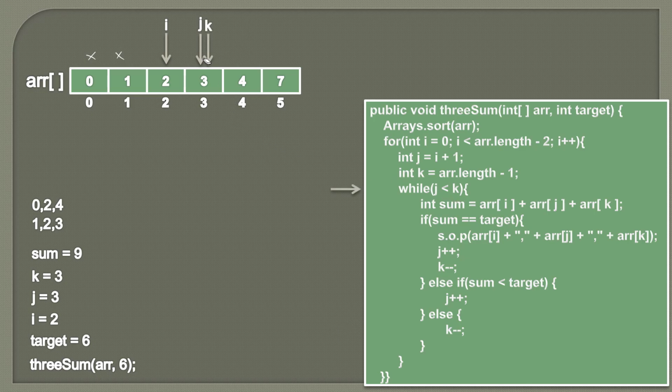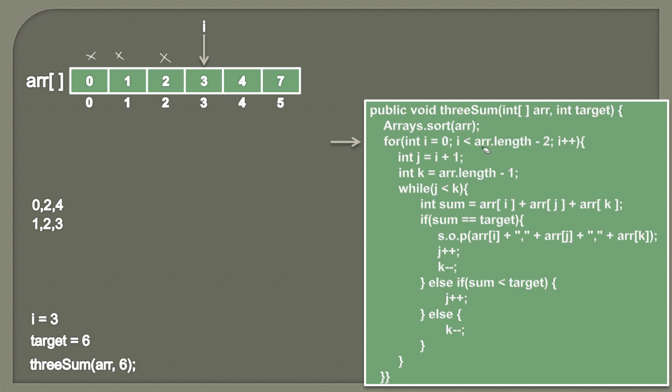So here you can see j and k are now pointing to the third index. So therefore this while loop will terminate because j is actually equal to k. Because we need to find triplets which are unique. So all these pointers should point to different values of the array. We will increment i, it becomes 3. We have used this position.